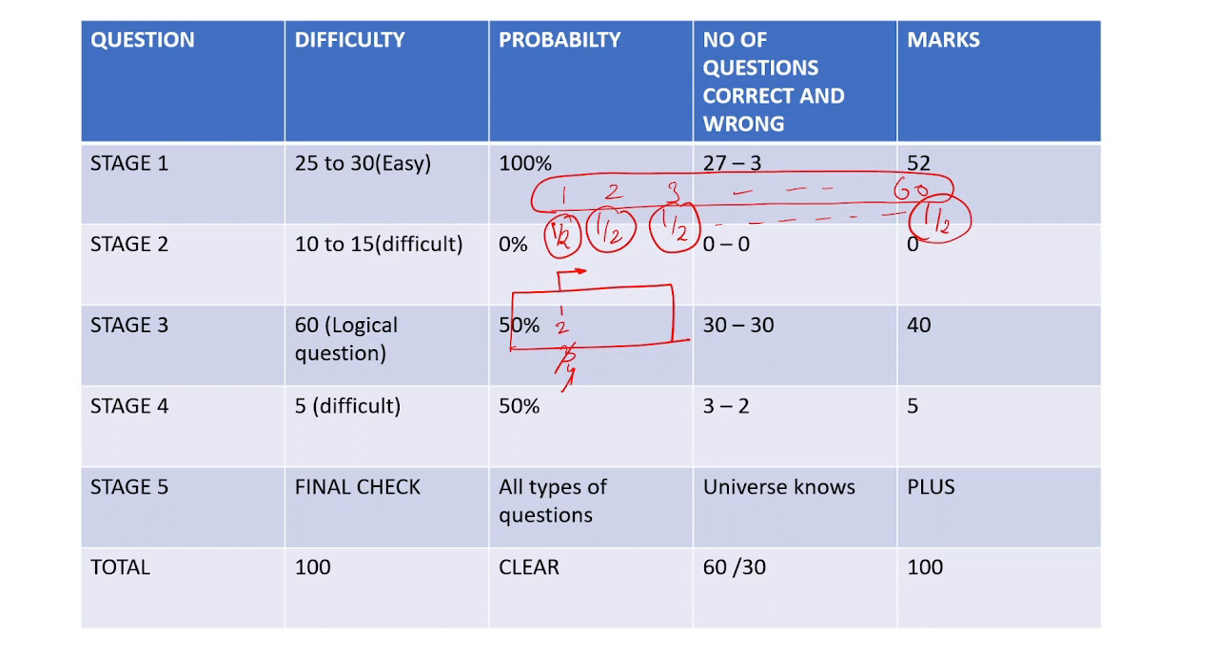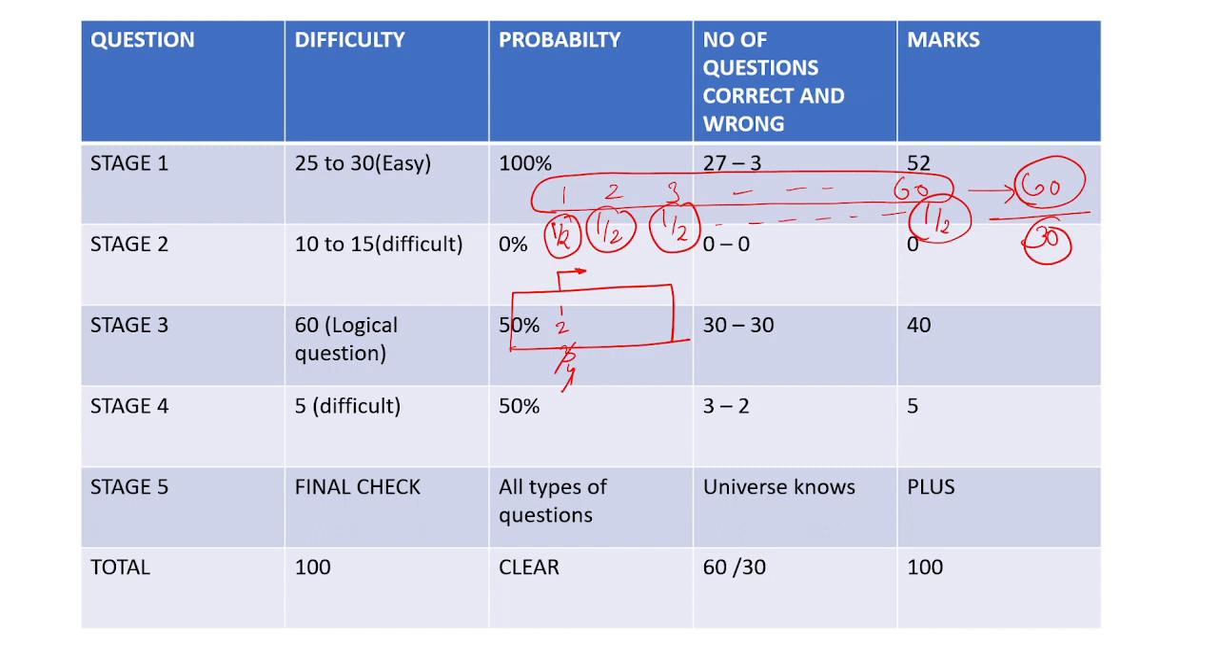What does this mean? You think about it. What does this mean? It means if you attempt 60 questions, you will get 30 questions correct. This is the problem. This is what this means. Mathematically, this is true. If you are not able to finish or eliminate any option, that means